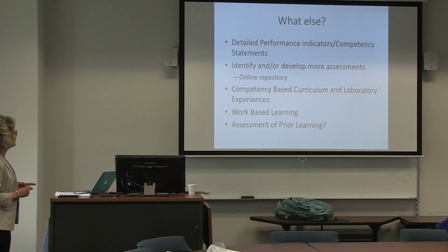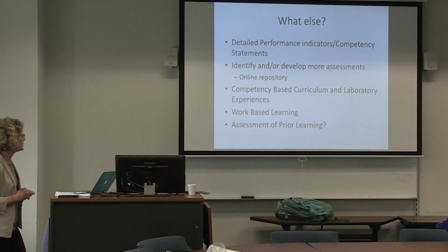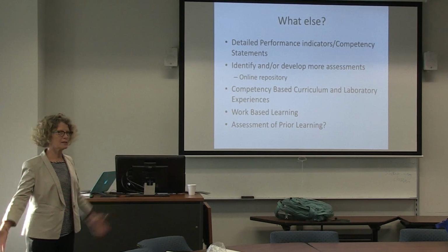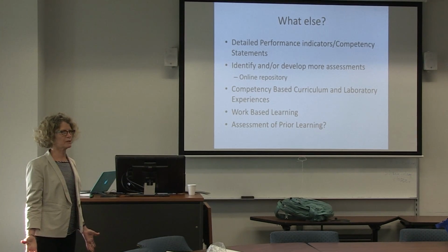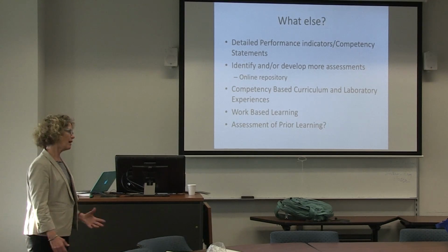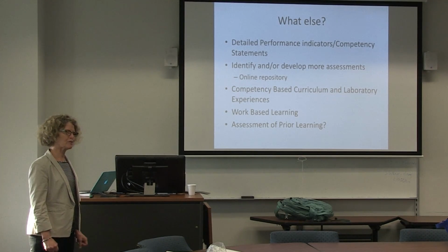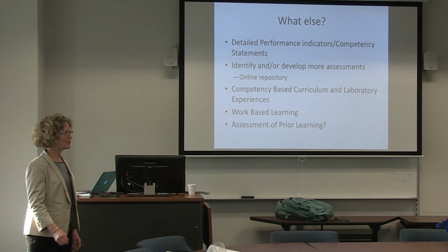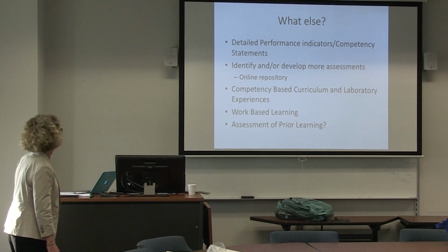Work-based learning was also a big topic at a couple of the conferences I went to, and these kind of skill standards can be used to evaluate that. And then back to assessment of prior learning. Like I said, there's not a lot of bio-specific stuff there. At least when you draw it generally, it doesn't read, oh my gosh, this must be a biotechnology program. You have to dig into the specific examples before you get to that